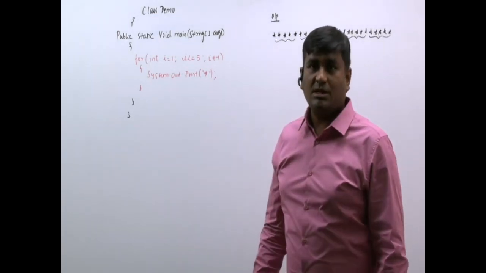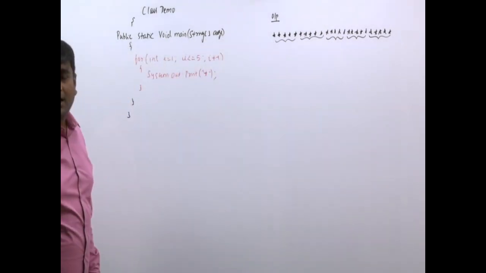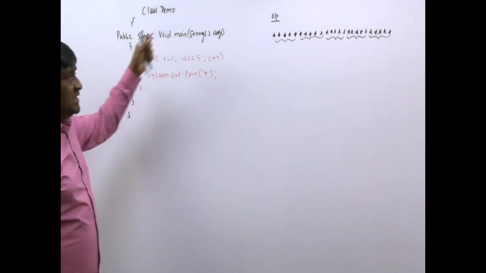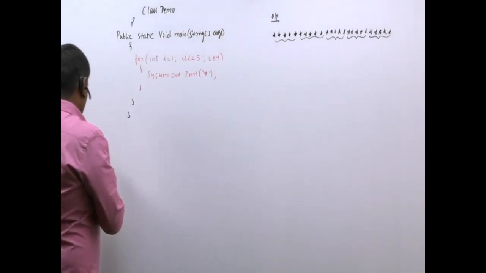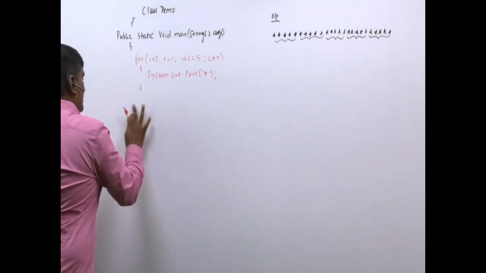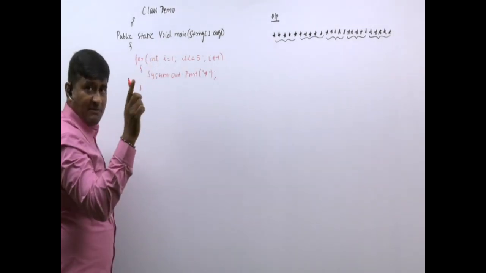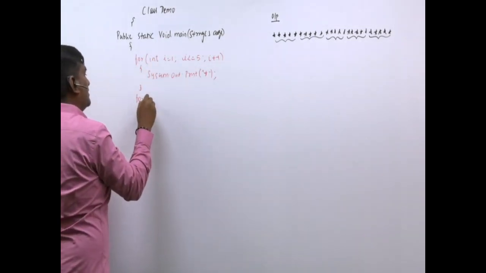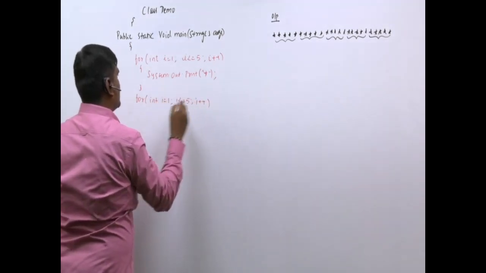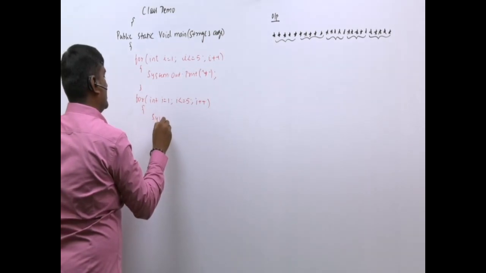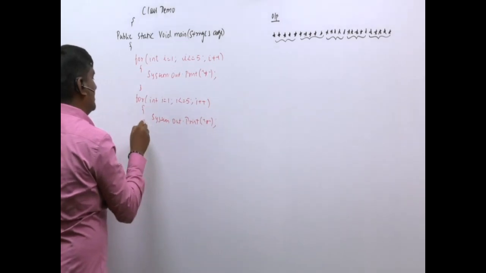Now again, many students will say, sir, very simple. When I execute the previous program, this for loop, I got 5 stars. Now you want that 5 stars 5 times, why to worry, sir? This for loop, if I execute one time, gives 5 stars. The same for loop I will repeat. For int i equal to 1, i less than or equal to 5, i plus plus. Inside this, System.out.print star, like this I will write.